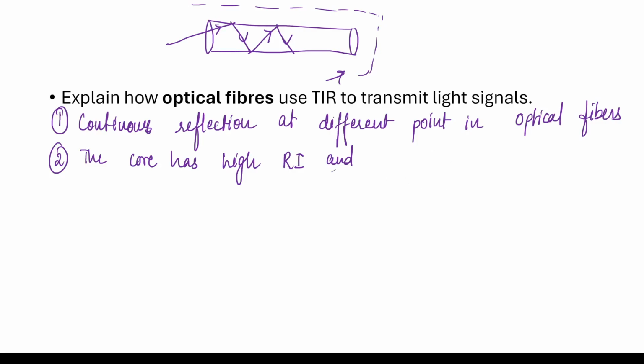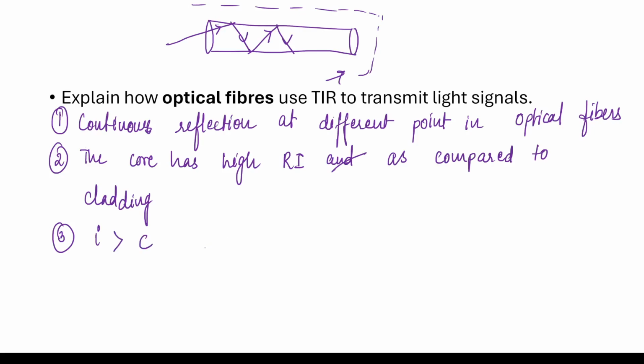Otherwise, if it is not high, it will not go from a denser to a less dense medium, and if it is not going from a denser to less dense medium, there will not be any critical angle. And if there's no critical angle, your angle of incidence cannot be greater than the critical angle, and there will be no TIR. So if angle of incidence is greater than critical angle,